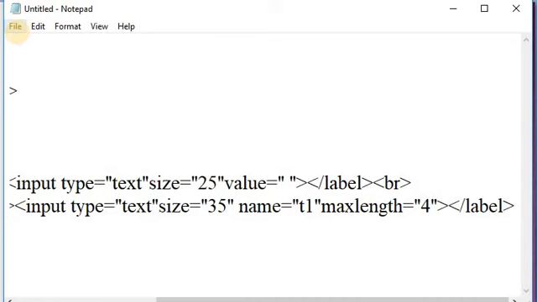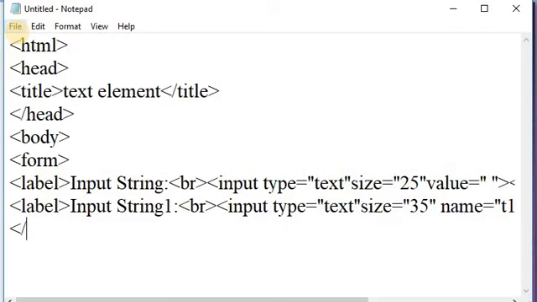and close the form tag, close the body tag. After that, close the HTML tag.